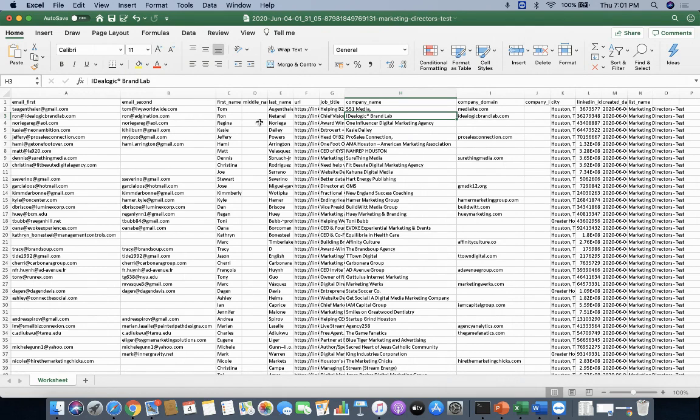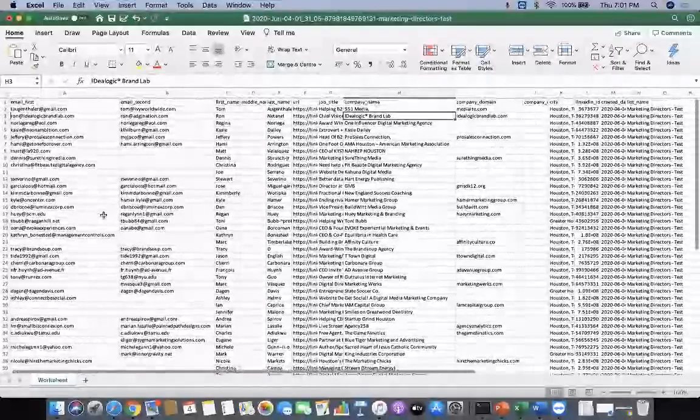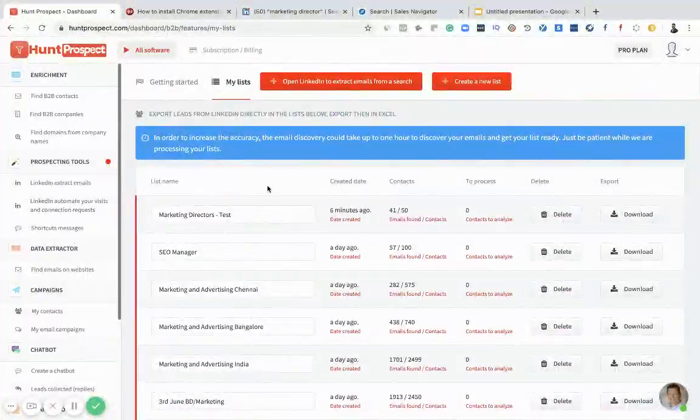When you're triggering email, certain tags will help you in personalizing the email. So I see that it has found all these email IDs, which is good enough for me to do cold outreach as a business. So this is really a powerful system, what I see.